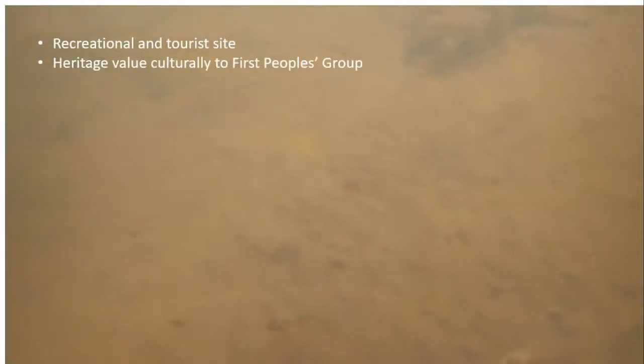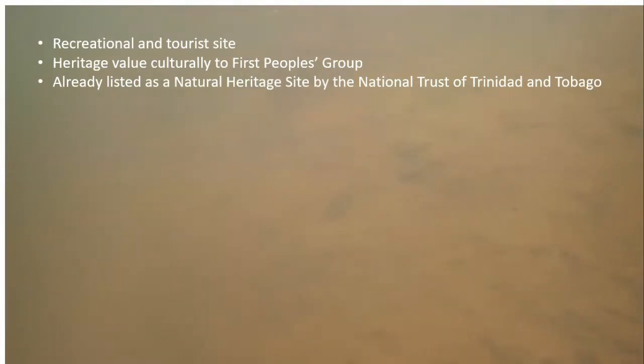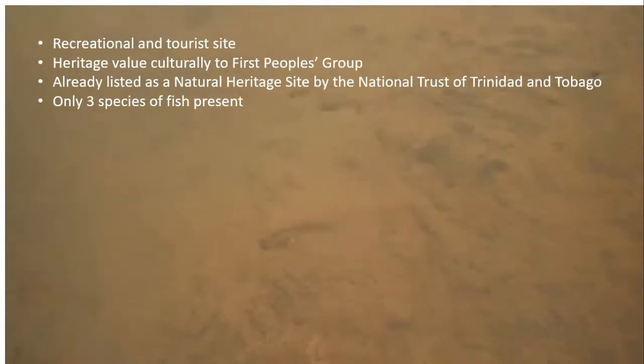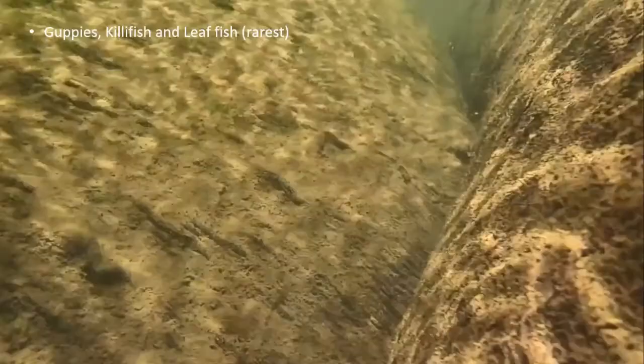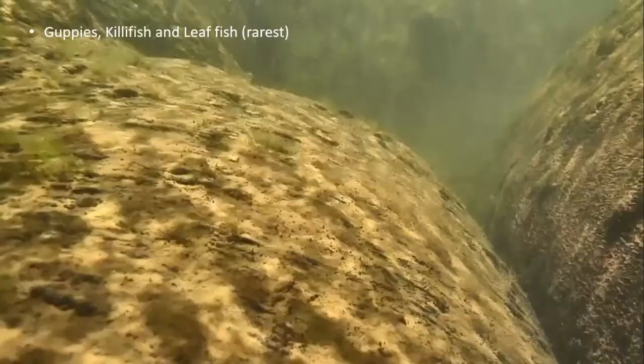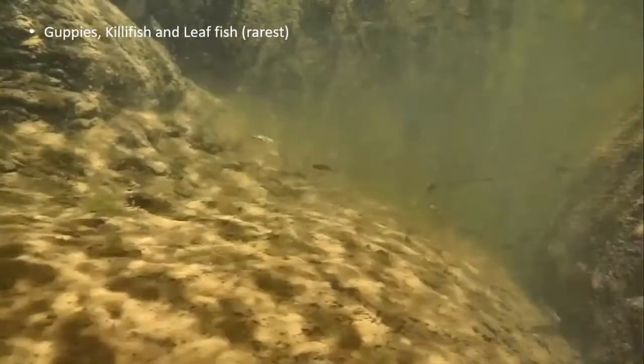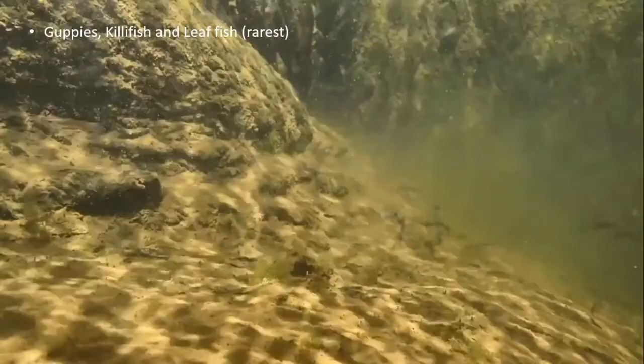So, it is already a recreational tourist site. It has high heritage value for culture to the various First Peoples groups. It is already listed as a natural heritage site by the National Trust of Trinidad and Tobago. It has only 3 fish species present, and these 3 fish species will be the guppies that we see swimming around here, and the killifish. The leaf fish is one of the rarest species in there,